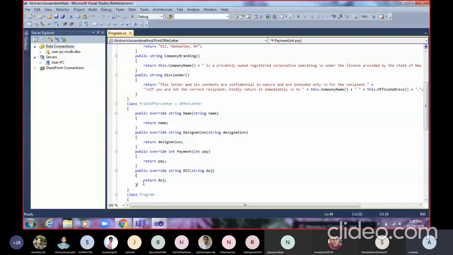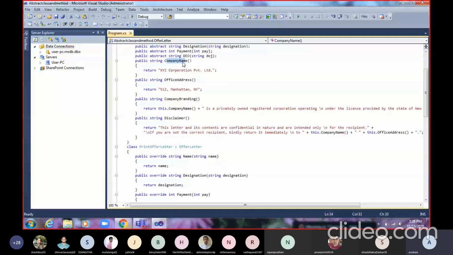This is the letter for a person: the person's name, the designation, the payment, and the date of joining. Other than that, we have discussed methods to print the company name, office address, the message that the company is private and unregistered, and then the disclaimer.